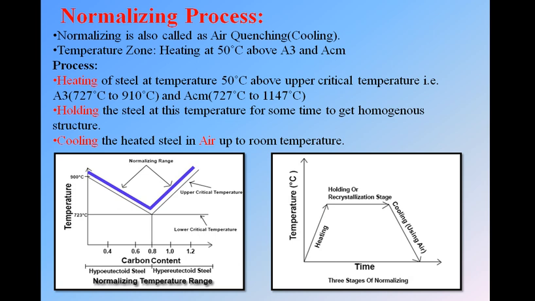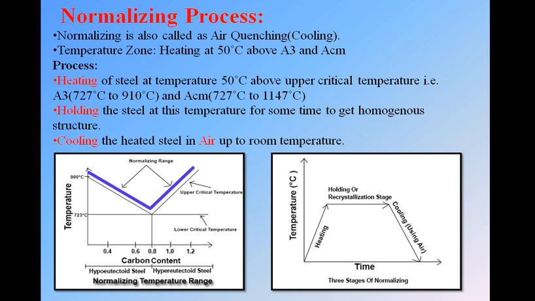So at the initial stage of holding, there is a temperature difference between the outer surface and the inner surface. So we give a holding period to have the same temperature throughout the material, and only when we have the same temperature throughout the material do we get uniform normalized steel at the output. If you have a heterogeneous material, then you get different properties in a single material. So the holding process is to have a uniform structure in the sense of temperature,